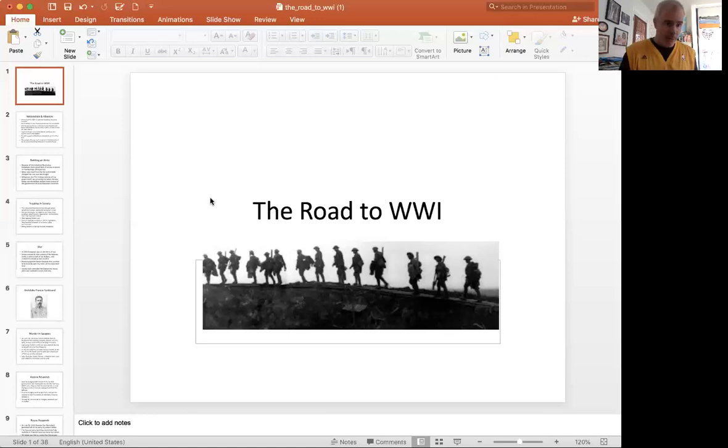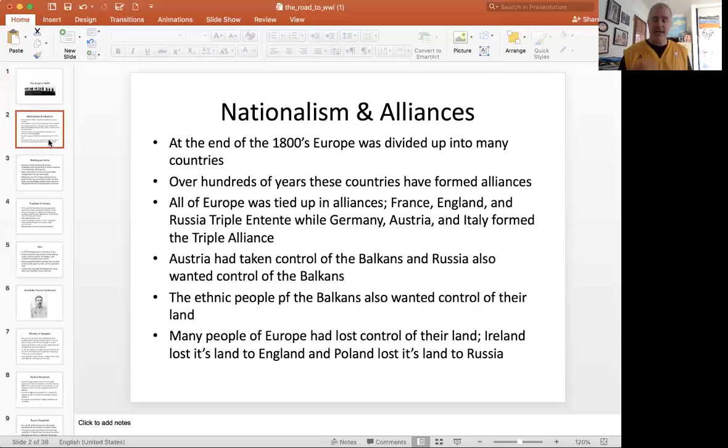Okay, we're going to get into a section that's titled Causes of World War One. I'd know five if I were you. And I wouldn't use the names nationalism or alliances to describe a cause of World War One. If I were to see a question like this on the test, I would want to describe nationalism, describe the alliances in place. Using those two words alone is too vague to get you any points on any possible tests.